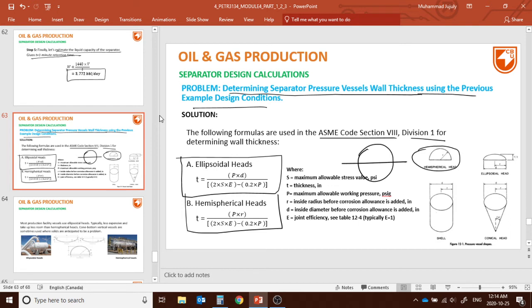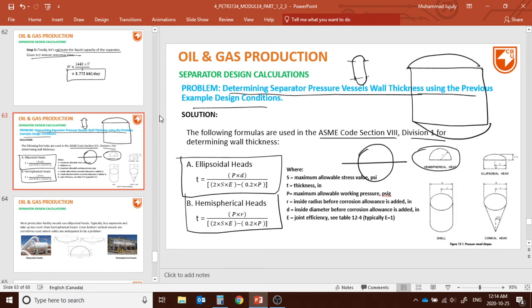So there are lots of pressure vessels you'll see like this. This is the hemispherical head, and this is the ellipsoidal head. That means it looks more rounded, and the pressure vessel is like that. The ellipsoidal head is like this, and the hemispherical head is more round in shape. So these are the two different